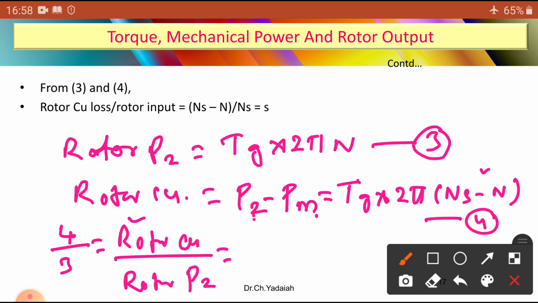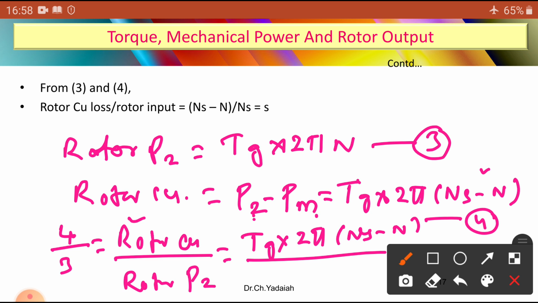Is this a yes or no? So you are going to get